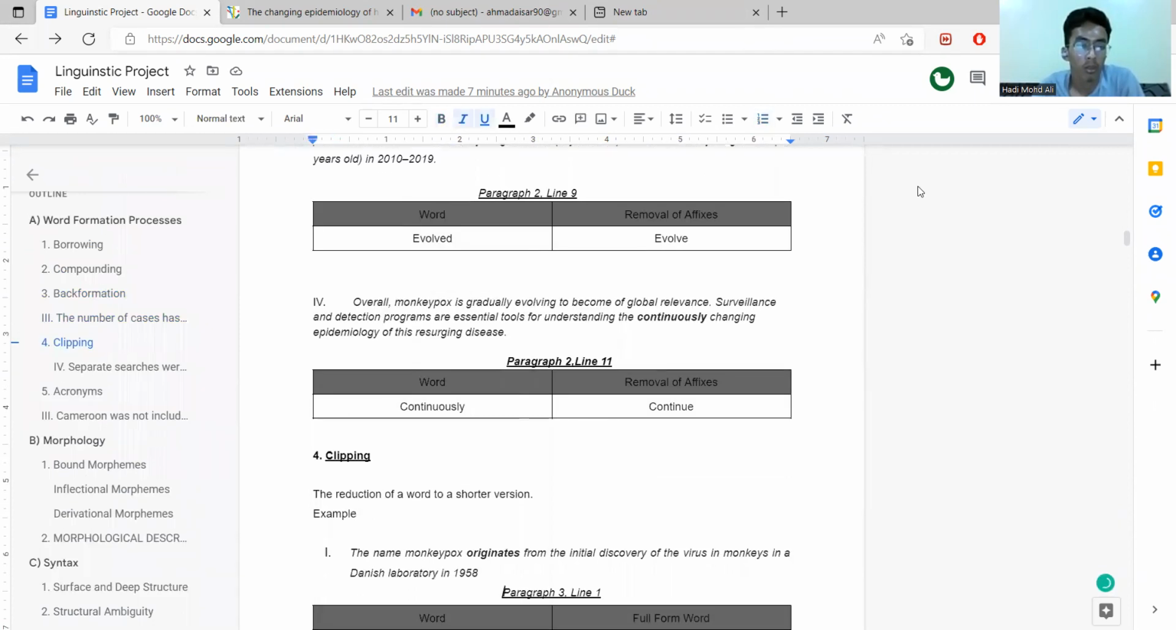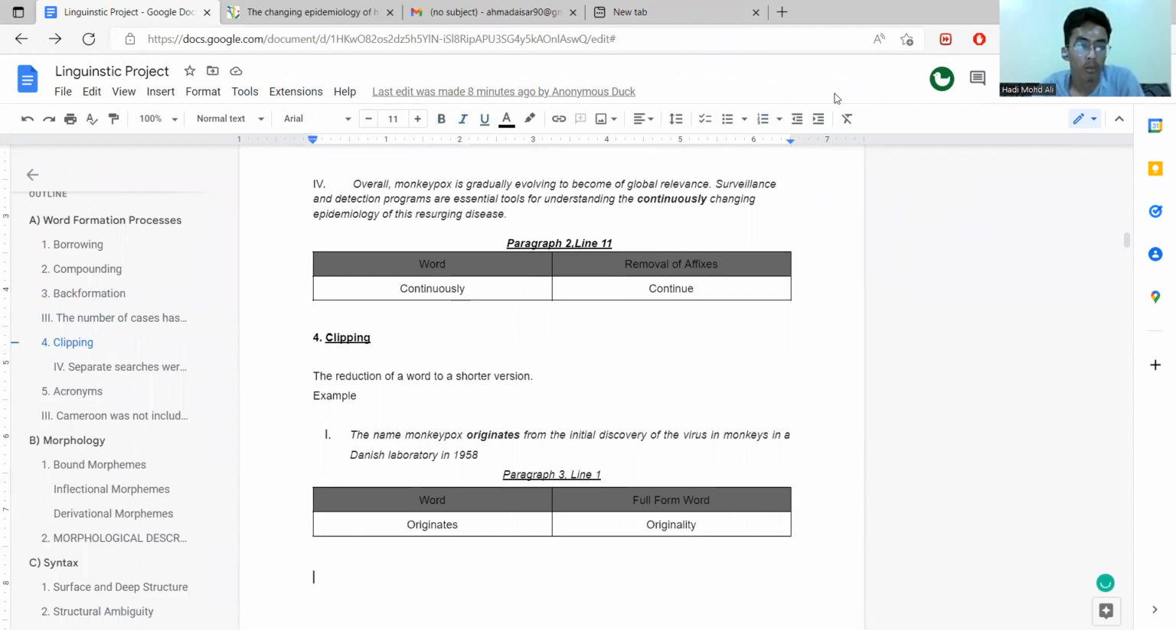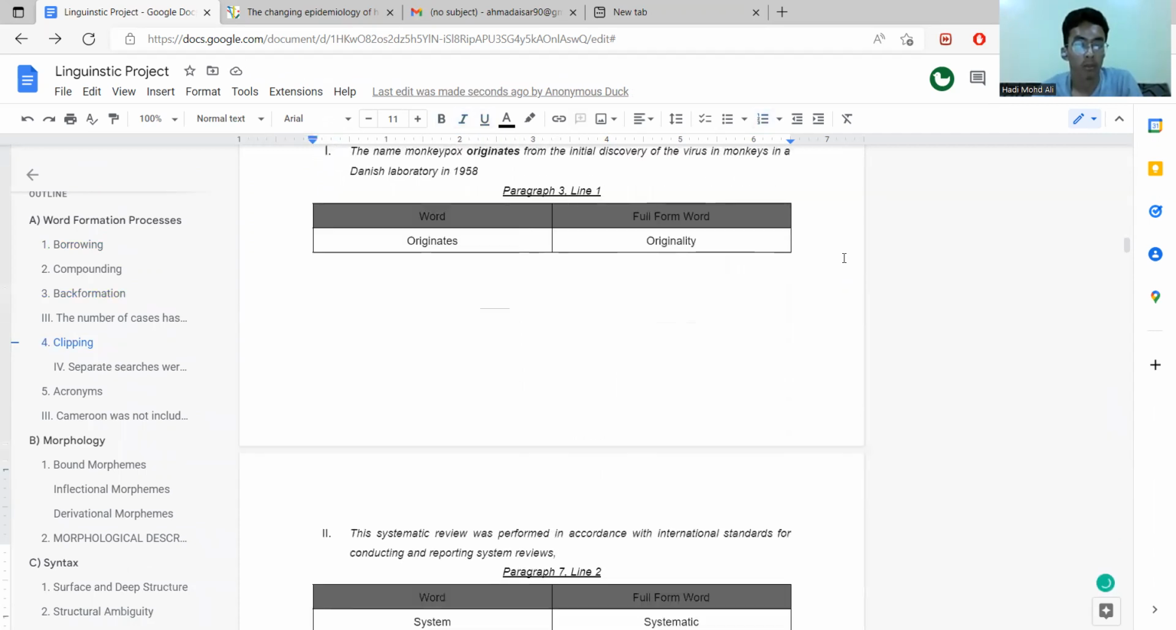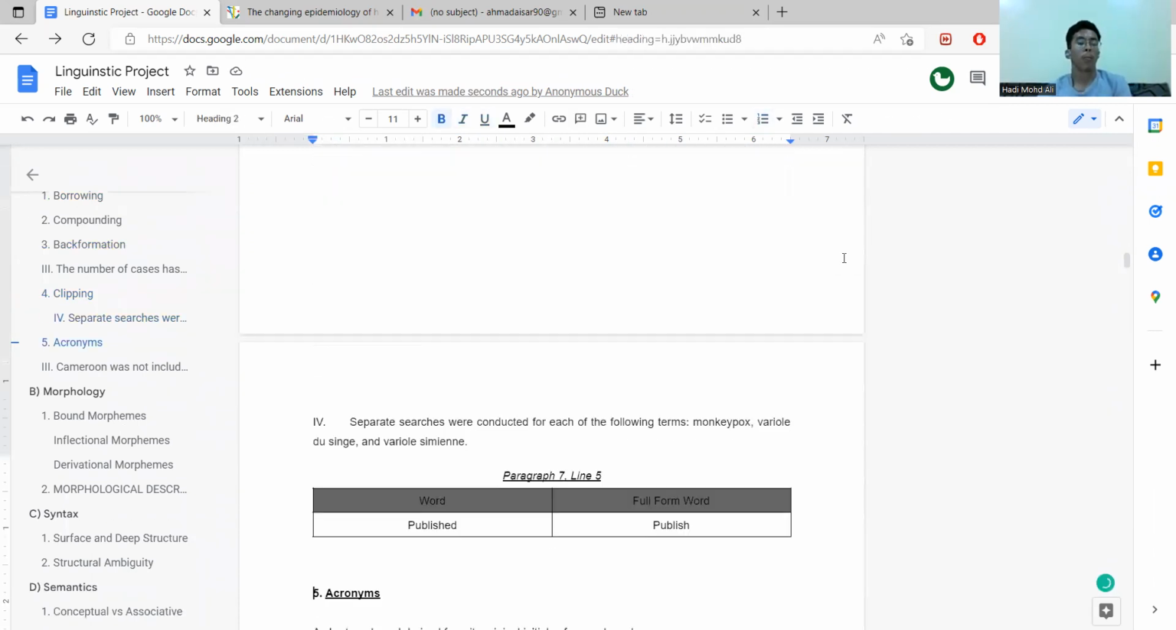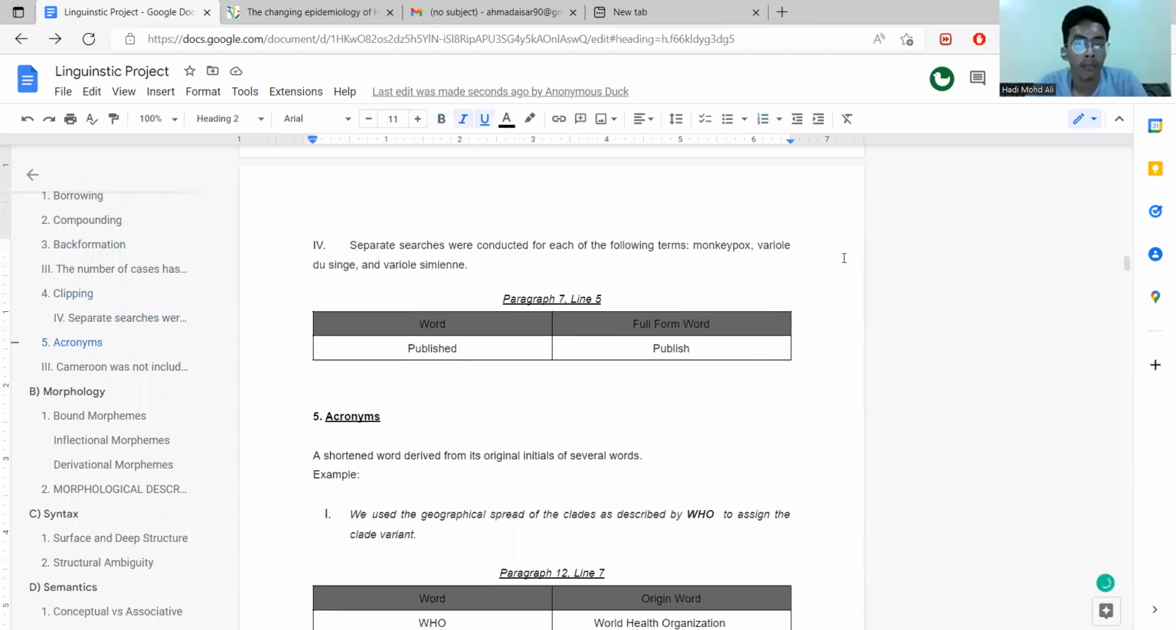Clipping is a reduction of a word to a shorter form, a shorter version. Based on the example, the name monkeypox originates from the initial discovery of the virus in monkeys in a Danish laboratory in 1958. So the word originate is cut off from the original, which is originality. So moving on to acronyms, which are